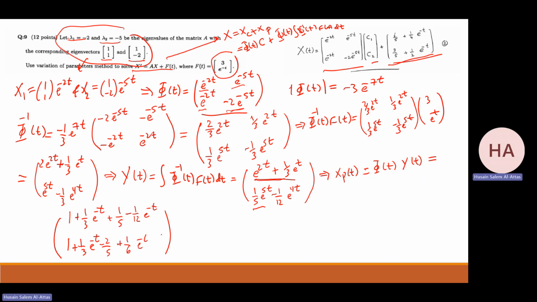Yeah. Now this one will be what? 1 plus 1 over 5, that will be 6 over 5. 1 over 3, which is 4 over 12, minus 1 over 12, plus 1 over 4, e to the minus t. Good. And this one, 3 over 5. 1 over 3 plus 1 over 6, 2 over 6. That will be half. Yes. Plus half e to the minus t. Now what will be my